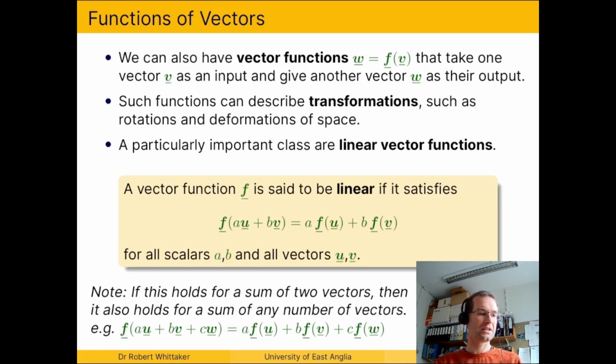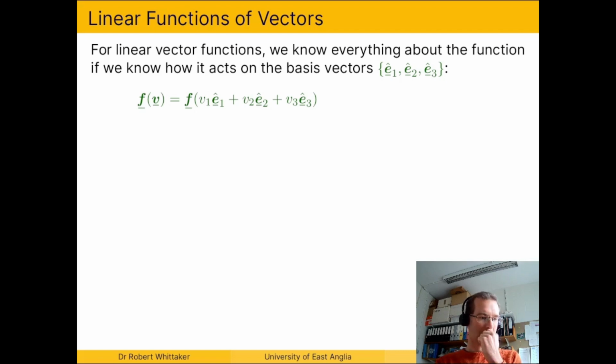Okay, so why are these linear functions useful? Well, it turns out that if we know how a linear function transforms the 3 basis vectors that we've got, then we know everything we need to know about the function. So if we're trying to take this function and apply it to a general vector v, if we write v in terms of its components and the basis vectors as v1e1 plus v2e2 plus v3e3, and then apply the function